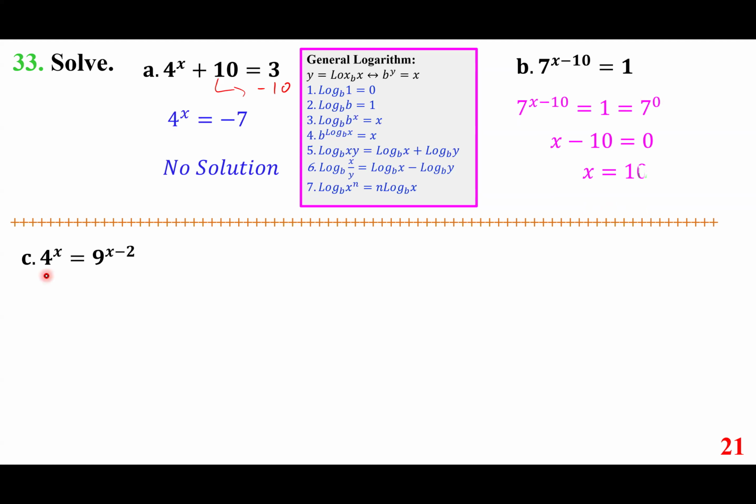So that's pretty straightforward. Part C is as difficult as it gets because we want to come up with the same base. There is no way to come up with the same base. We want to come up with the same exponent. There's no way to do that. So the methodology is what? When you want to solve for the exponent x, then you have to take a log, either natural log or common log, makes no difference. So if I take the natural log of both sides,